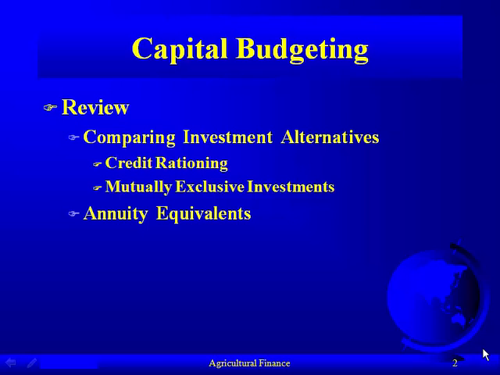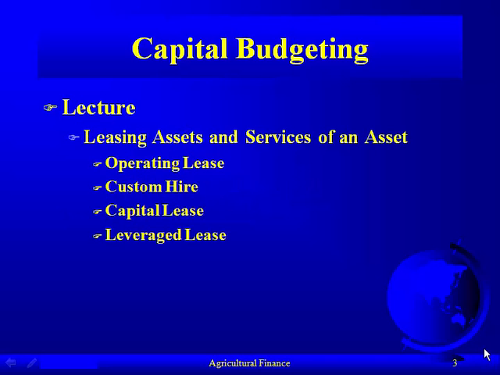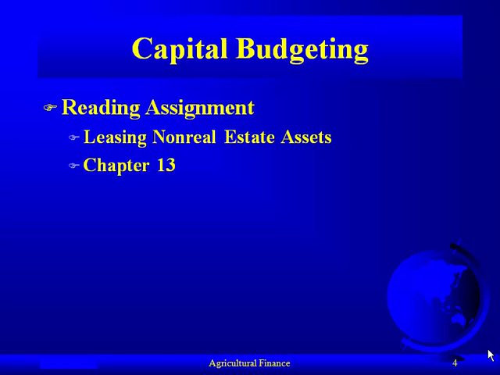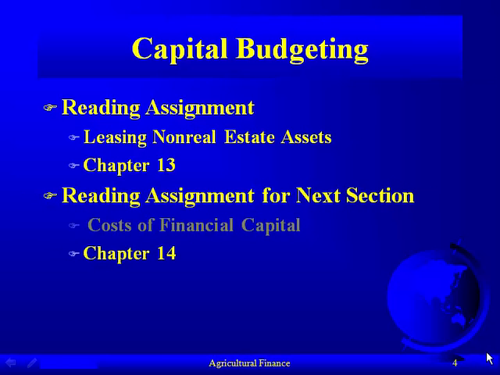And we determined that the net present value, if you have different lives for your investment, was not appropriate. So we went to the annuity equivalent as the decision criterion. Today we're going to talk about the leasing of assets and services of an asset. We're going to talk about, just briefly, an operating lease, a custom hire, capital lease, and a leverage lease. The reading assignment now is Chapter 13, and also today we're likely to be into Chapter 14, which is the